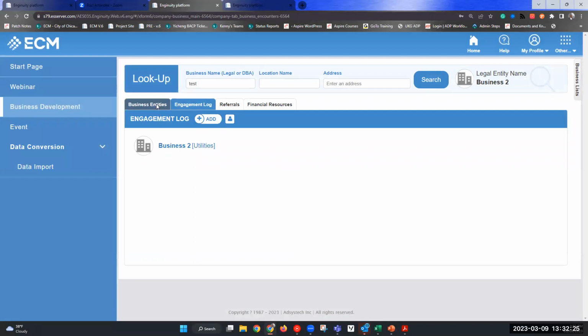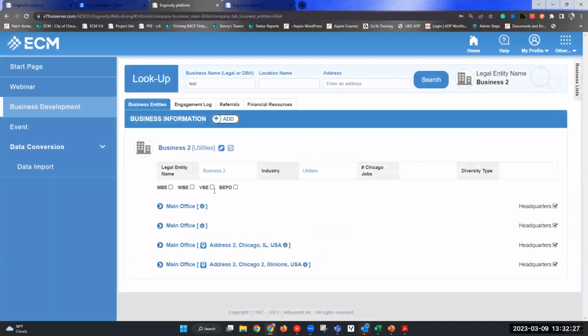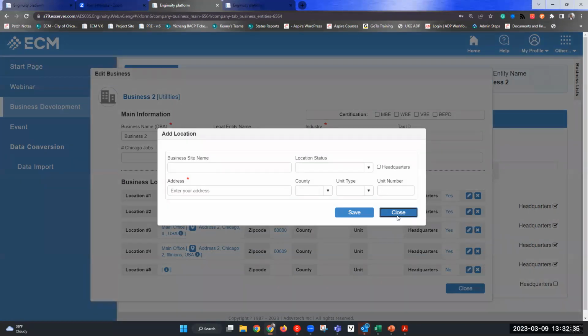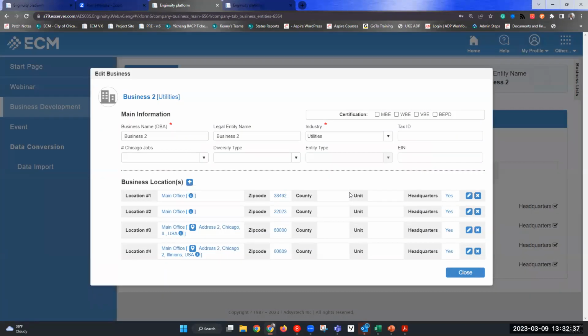Beautiful. If I want to add a new location, what I will do is click this edit pencil, and then I will click add location. Why this is so important is because, as I mentioned before, your business could be Walgreens. There are a million Walgreens in Chicago. I'm actually exaggerating, but you get the point. So if you are working at Walgreens, we don't want you to create another business called Walgreens. Just use what we already have in the system, but just find your location. And if you can't find the location you're working with, just add the new location.